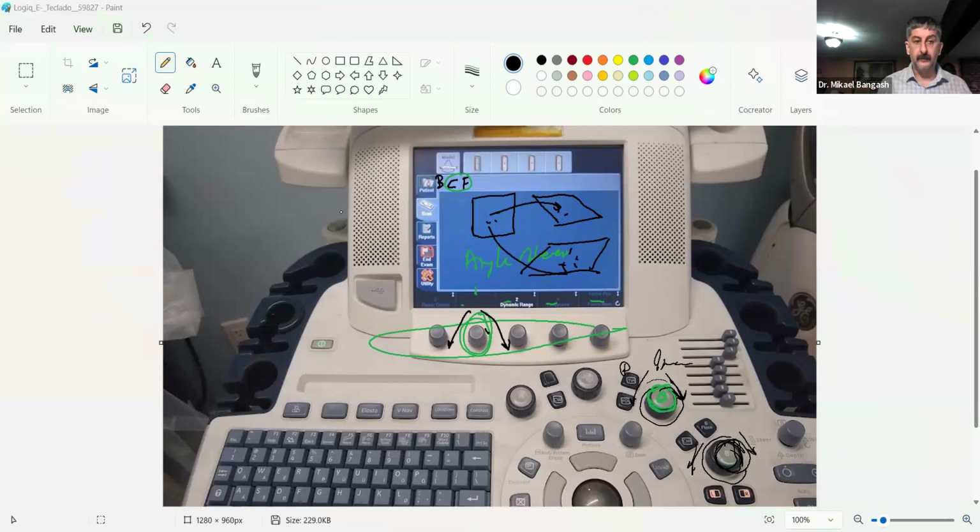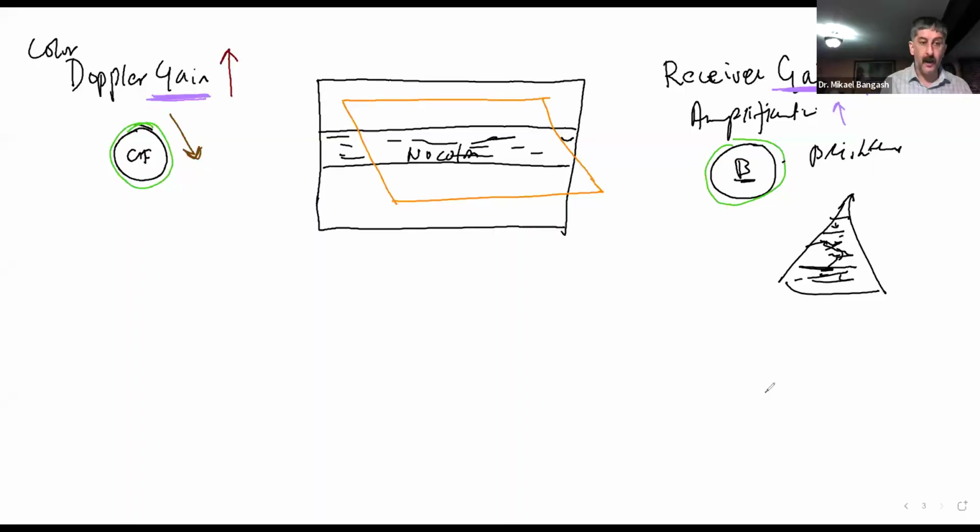Did you guys get that? Likewise, turning the knob clockwise for receiver gain or amplification will make an image become brighter. By turning it clockwise, what we may end up doing is this: